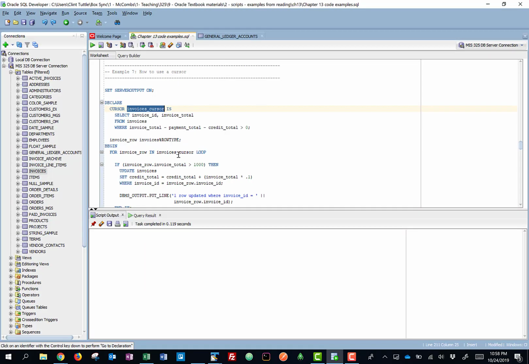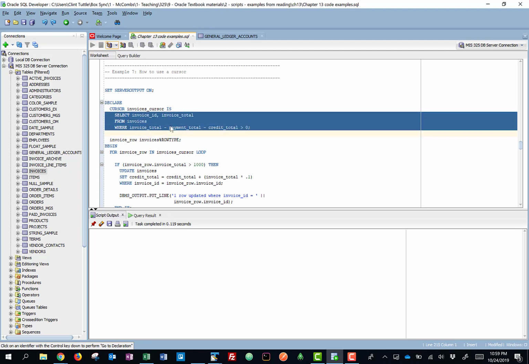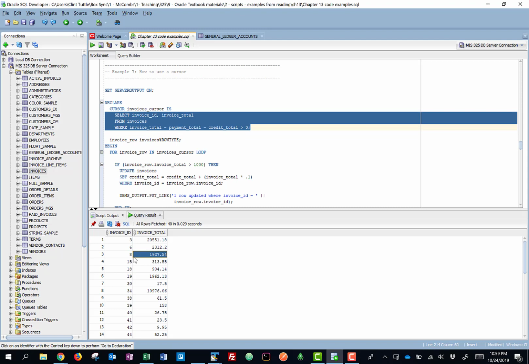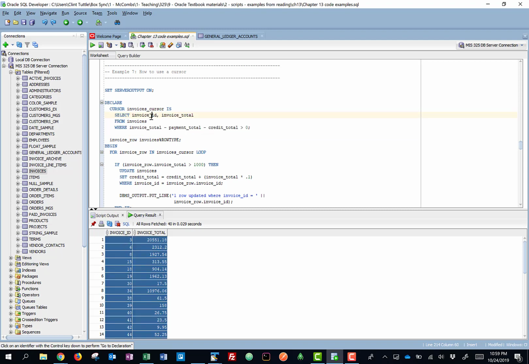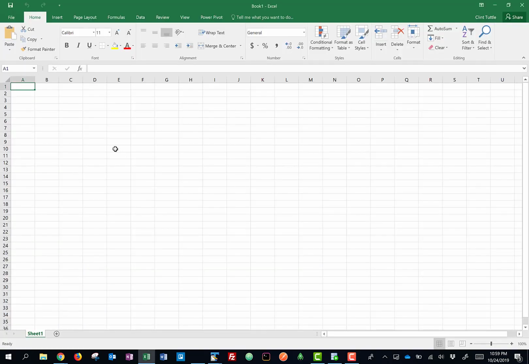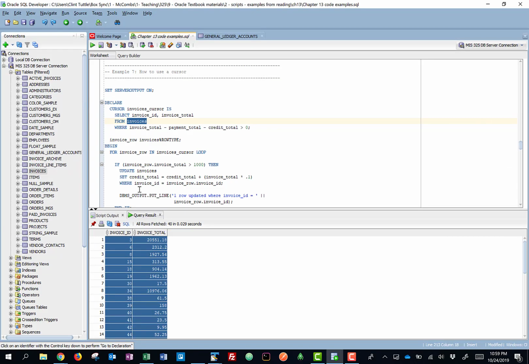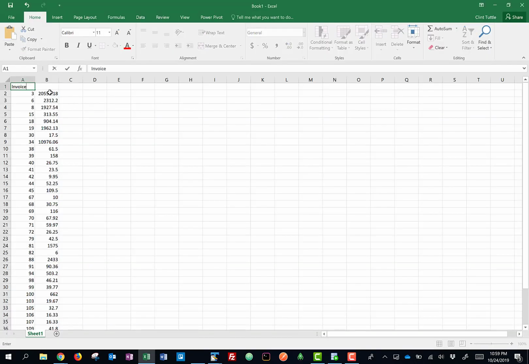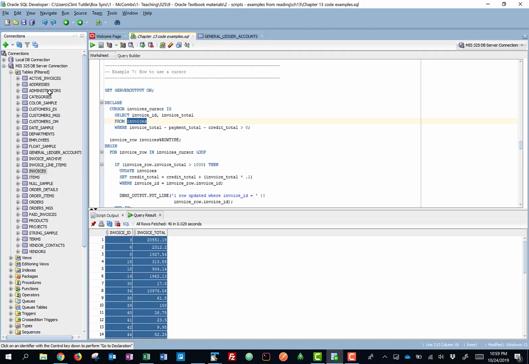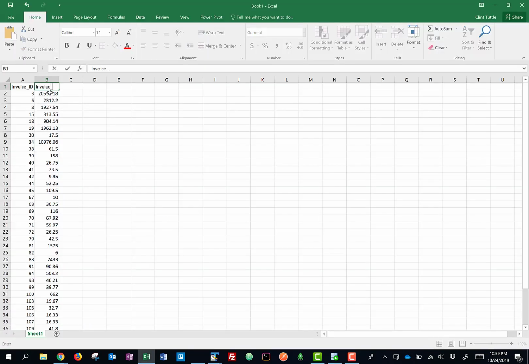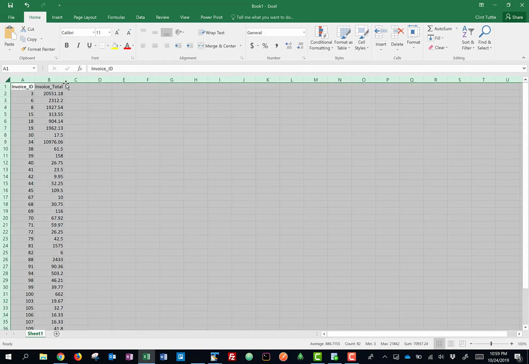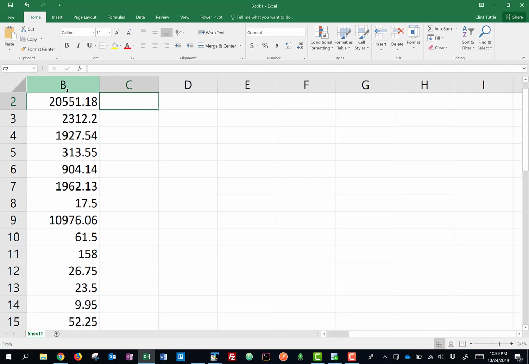If I had to relate it in some way, I would do it like this. Let's actually run this statement here without everything, and let's just get the output of it. All right, so here's the output. It's giving us the invoice ID, the invoice total from invoices where there's a balance greater than 0. Now I'm going to spit this out into Excel for a second, and then I'm going to emulate this here. So it's called the invoice ID and the invoice total. All right. So the first thing that happens is that the cursor that we've defined,